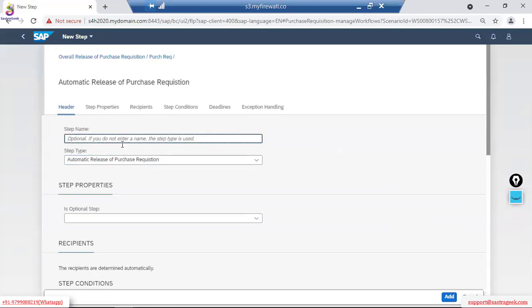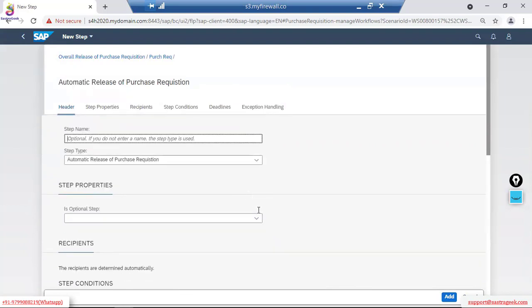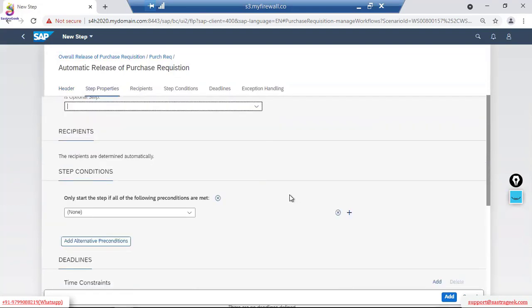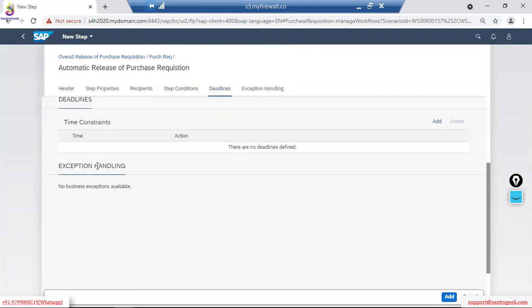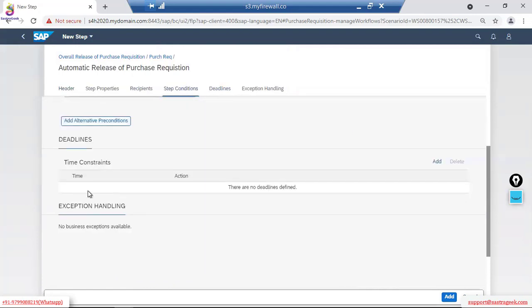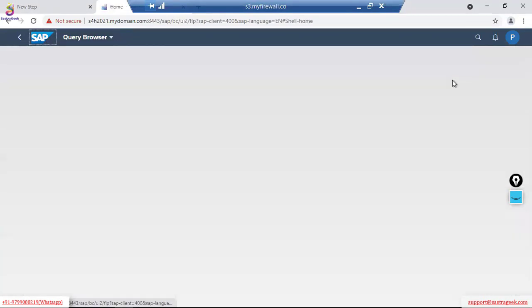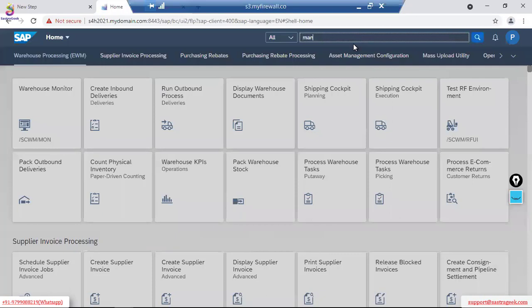You can define a step name here, and you can also define if the step is optional, and then you can define the step conditions. You can also define the deadlines, step deadlines, and then we have exception handling. Those are the steps we have, right? Now let's go and check the 2021. I think the 2021 would also be open. Yeah, I have 2021 also open. This is the 2021 system. So here, let me search Manage